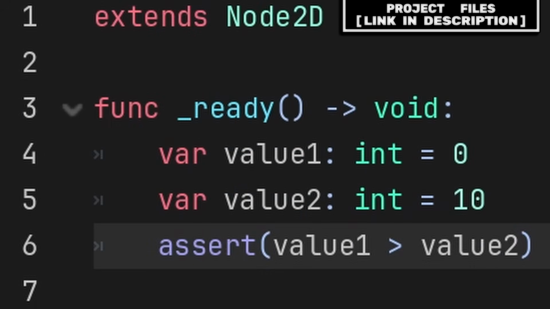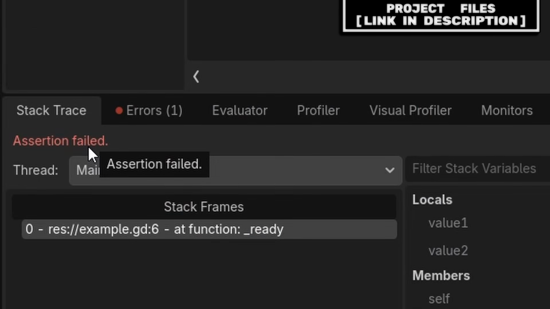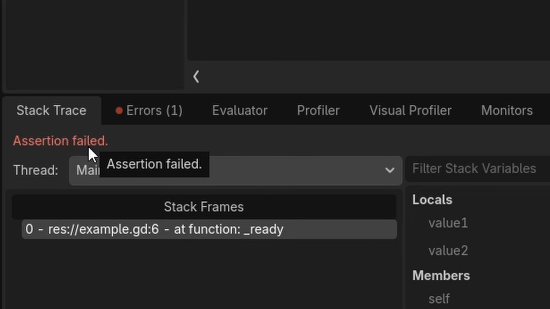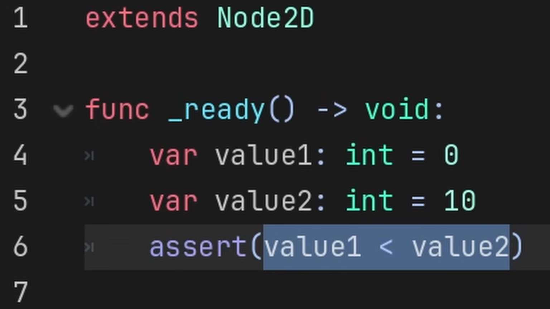The assert keyword is a condition-based keyword that will create an error during runtime when the game is playing. If the condition inside is false, this can allow you to stop the game in the case that a condition that should always be true is false for some unknown reason. And in the case that the condition is true, then nothing will happen and the game will continue to function